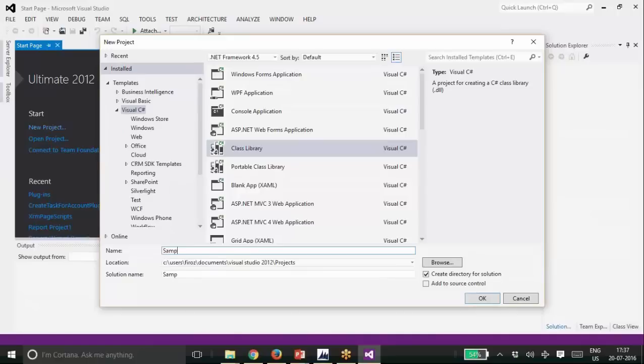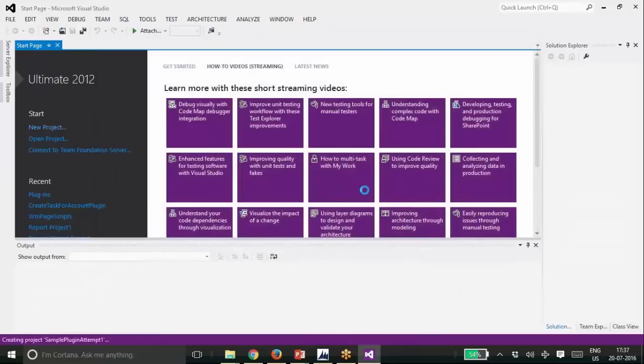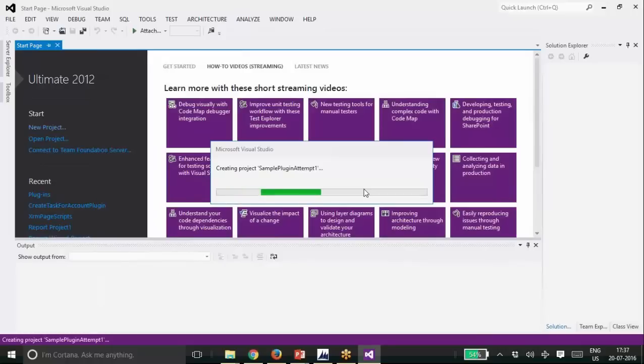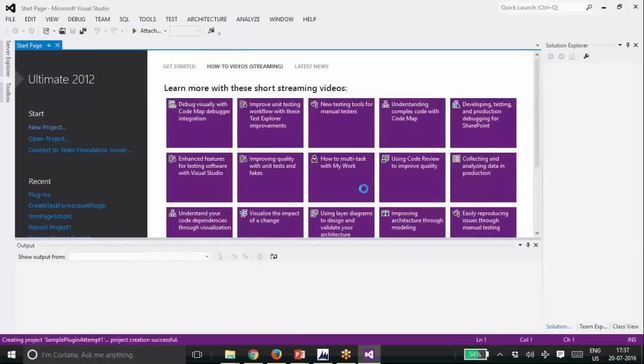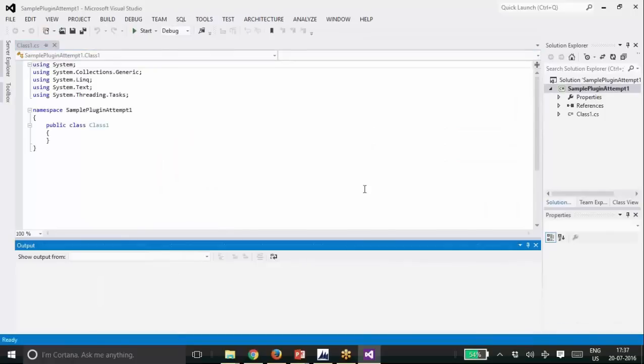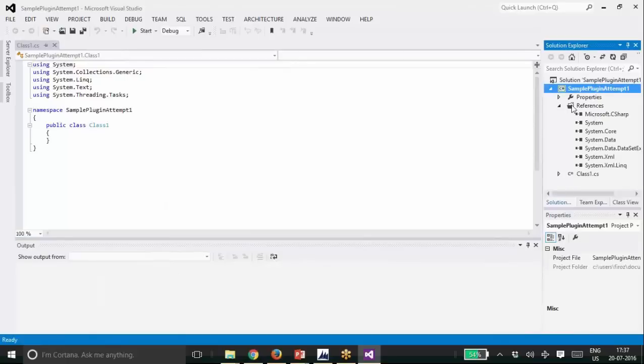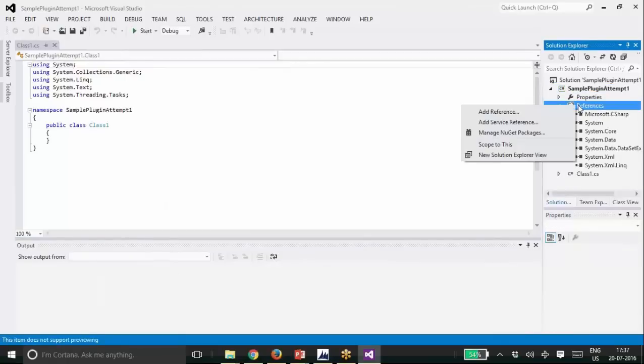Sample plugin attempt 1. Then I click create, so the project will be created. After that, the first step is that to our project we need to add some references to the DLL. The first one you are going to add is